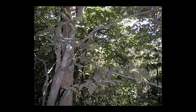Anyway, so there's this liana across the trail, and I took out my pocket knife and dug a little divot in it, and it had some really neat looking red bark. And when I smelled it, it smelled like pumpkin pie. So okay, we're collecting this, and so we did, and it turns out it was incredibly cytotoxic and antibacterial. It murdered cancer cells. So we did lots of chromatography to separate and isolate the compounds, and